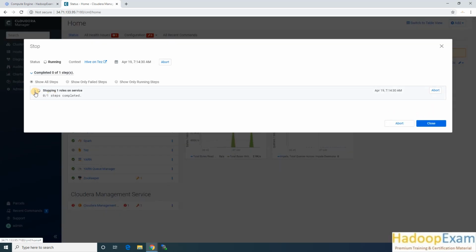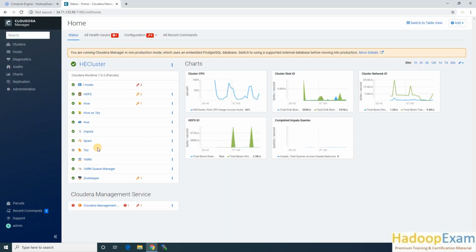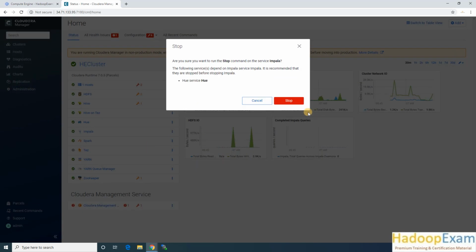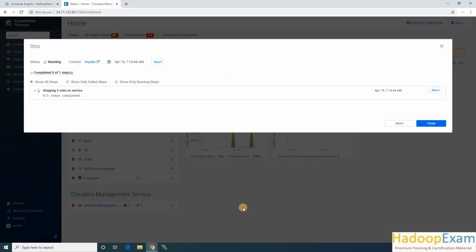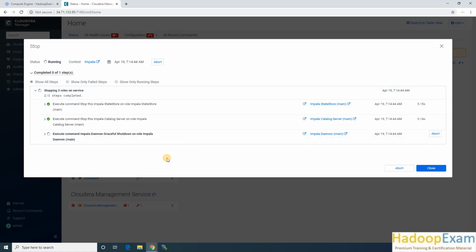Similarly, I would recommend stopping the Impala service as well. We are not going to use this for CCA 175, at least as of now. Whenever we need it, we can start the service; otherwise we can stop it, and we will have enough resources for working on our exercises. Whenever you do exercises and don't need a particular service, you can stop it so your processes can run faster.